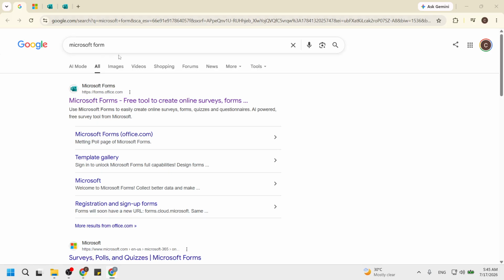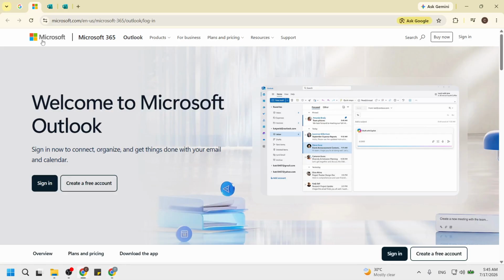First, open your browser and search for Microsoft Forms. As the page loads, you will see the Microsoft Forms site appear in your search results. It is important to ensure you are on the official Microsoft site to avoid any security risks. You will recognize the site by its clean layout and the Microsoft logo. Once you find it, click on the link. This action sets the stage for you to access your forms, so take your time to make sure you are